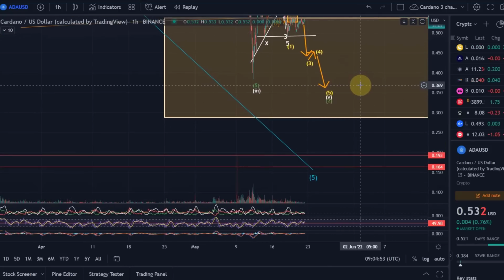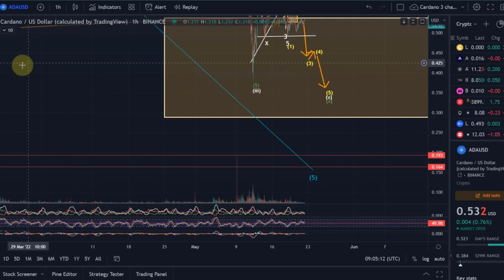I talked about it yesterday. It is just what it is. There are two target levels based on the rules of the Elliott wave method. I can't tell you yet which one it will be. We will be able to specify that further as we go lower. One is 35 cents, roundabout in that area, and the other one is 22 cents. So anywhere in this range.